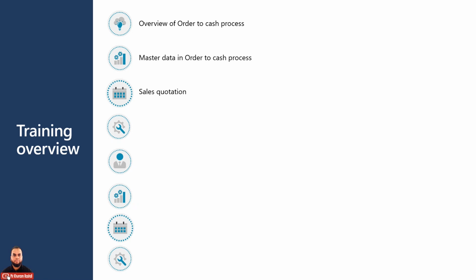Then the sales quotation will be the topic, which will explain from where the order to cash process basically starts. Sales order will come next, and then how the delivery of services and goods is handled will be covered. And then invoicing of the sales order, basically as a financial document. And after invoicing, we will cover how to collect the customer payment in the system, and then we'll also demonstrate